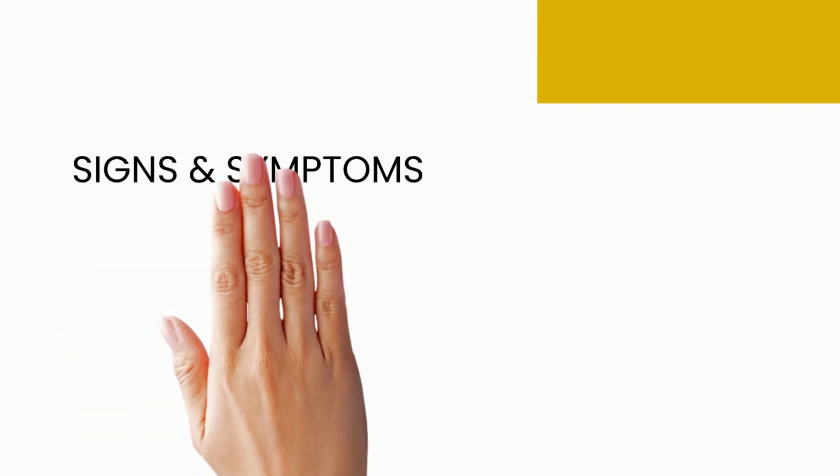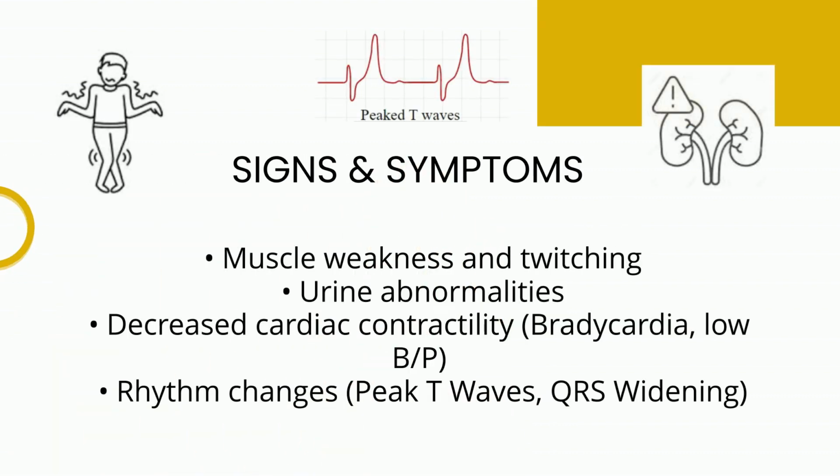Some classic signs and symptoms of patients with hyperkalemia include muscle weakness, typically seen in the legs, but it could be in the arms. You might see some urine abnormalities, so the patient may have no urine output or very little urine output. There is decreased cardiac contractility, so you might see a bradycardia or maybe even an AV block and a low blood pressure. And then there's rhythm changes, so classically there's the peak T waves, and then there's something that is called the sine wave, which is when there's a lengthened PR interval, absent P wave, and a QRS that is